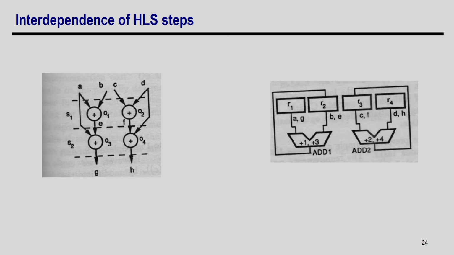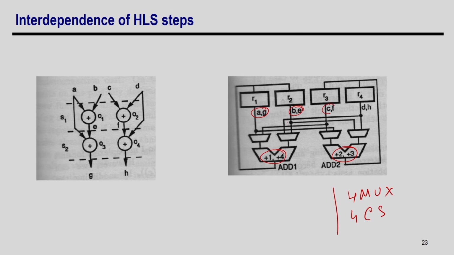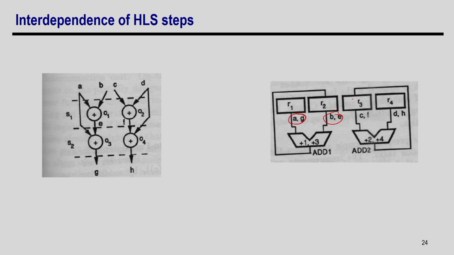Okay. So, now let us move on to another form of thing. So, suppose you map this AG here, B here, same whatever you have done in the previous case, that AG, B, CF and DH, the same mapping I am doing for register allocation, but what I am doing here, this O1 and O3 I am mapping to one FU and O2 and O4 into another FU, right. So, this is the FU allocation binding change now, and for this if you can realize this operation here, you do not need any mux. So, your interconnection cost is 0 muxes, 0 control signal, right.